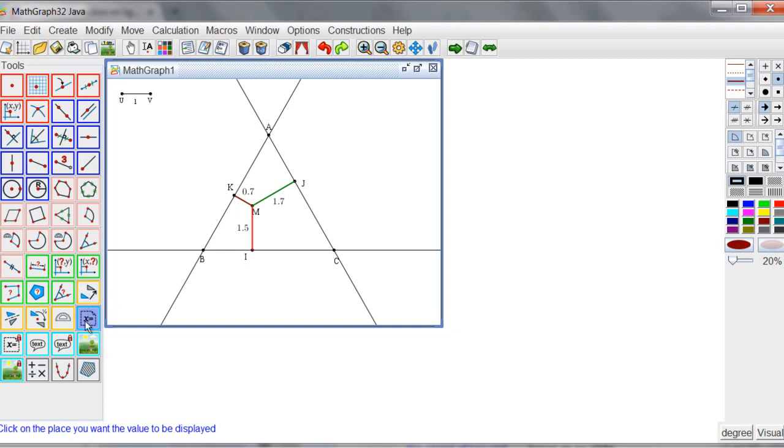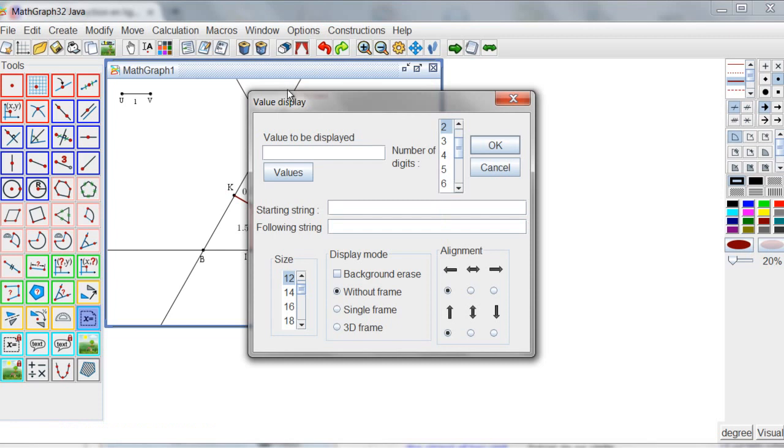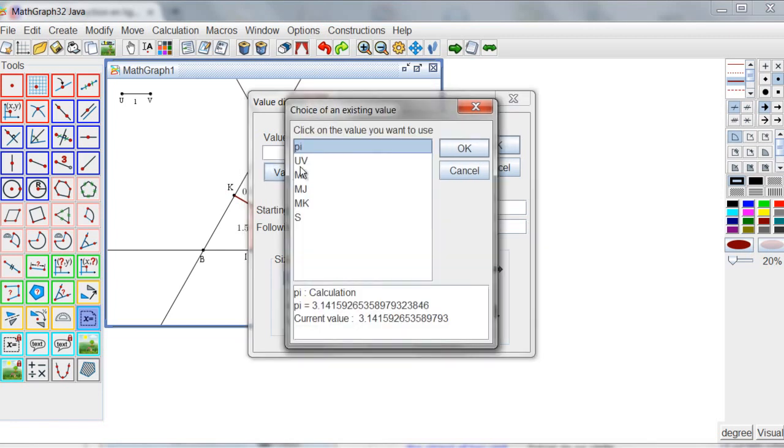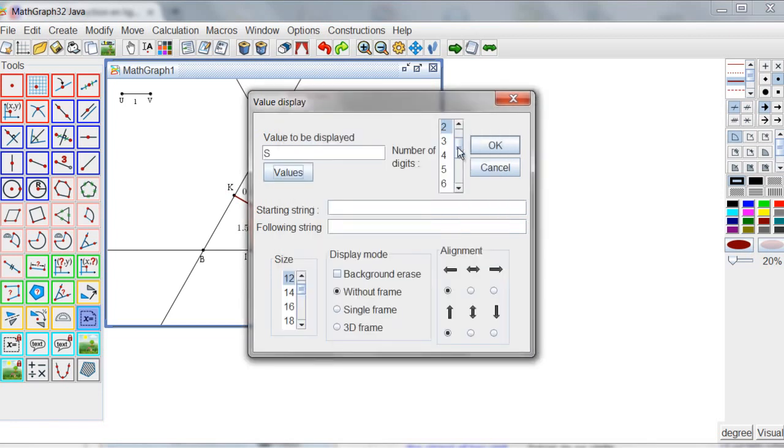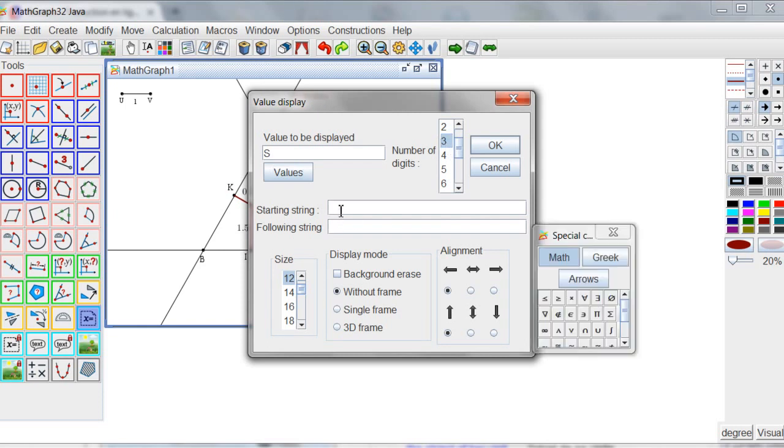With this tool, free value display, here, I choose the value to be displayed, the number of digits, MI added to MJ added to MK equals